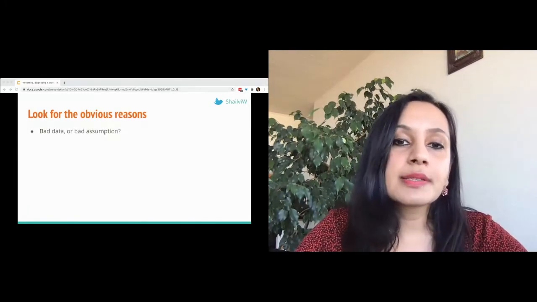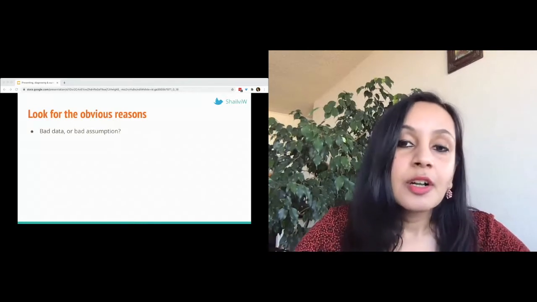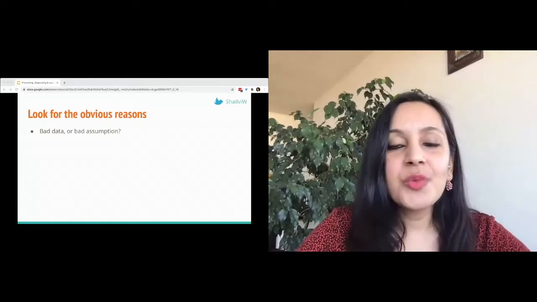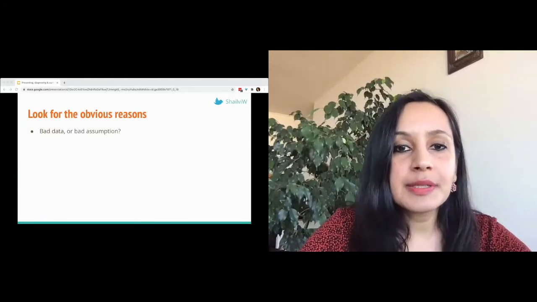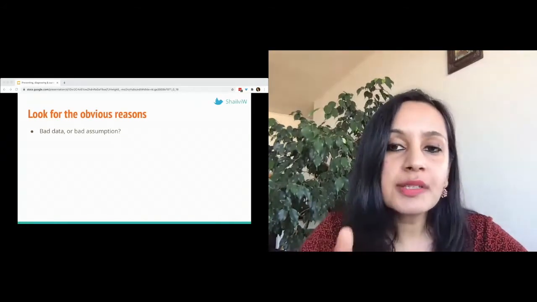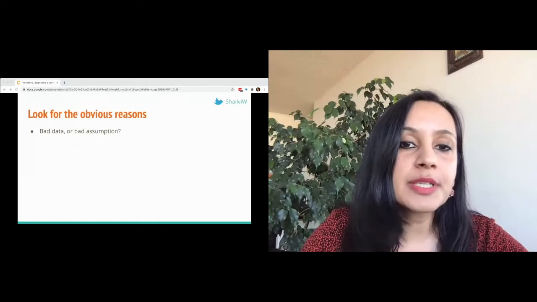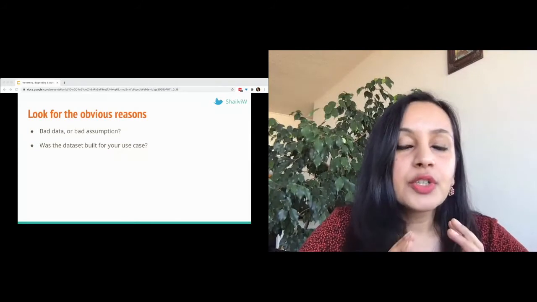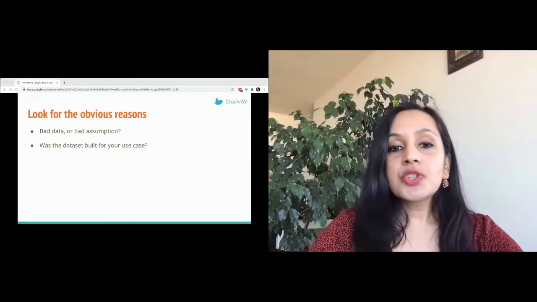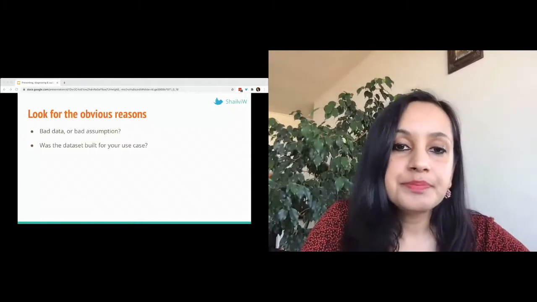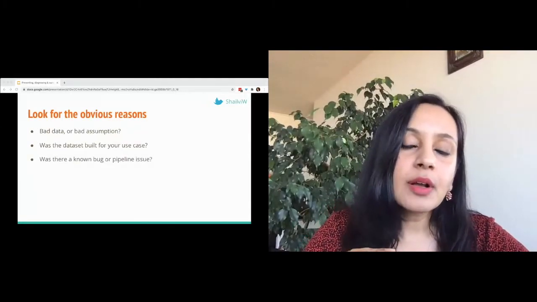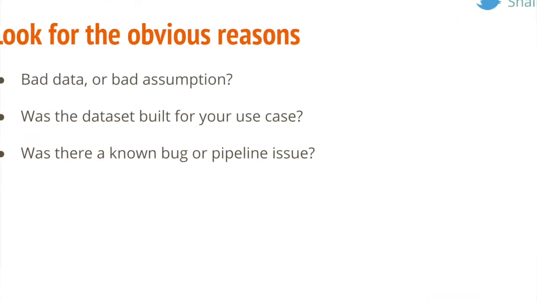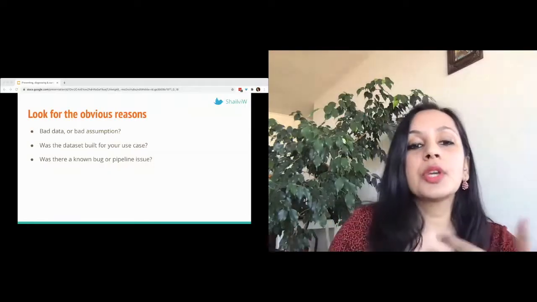First obvious question to ask is this really bad data, or do you just not like it? Were those two numbers really supposed to match, or were they always meant to represent completely different things? And the suspicious results, what assumptions have led you to have those suspicions in the first place? Then you can look at your data set. Was it even built for the use case that you're trying to use it for? Are you just looking for the right answer, but in the wrong place? And finally, there is some unknown bug or pipeline issue, which means your bad data issue is either temporary or has a known fix that you can dive into.